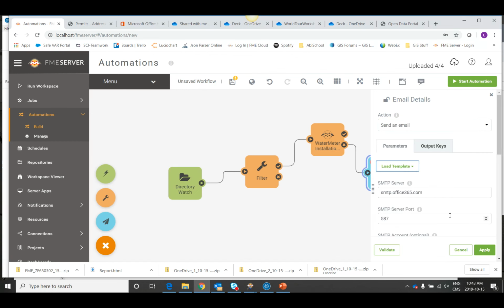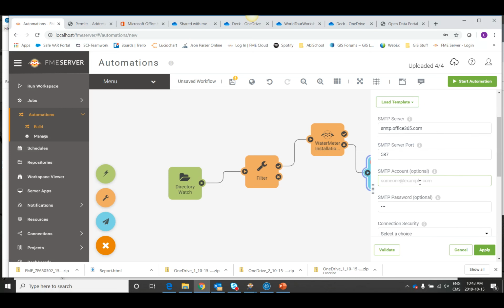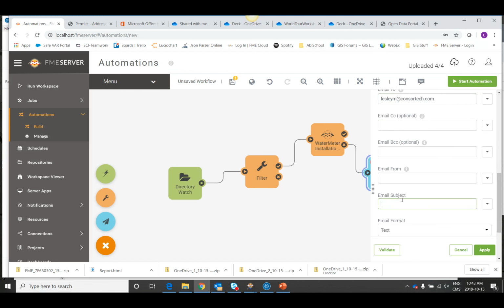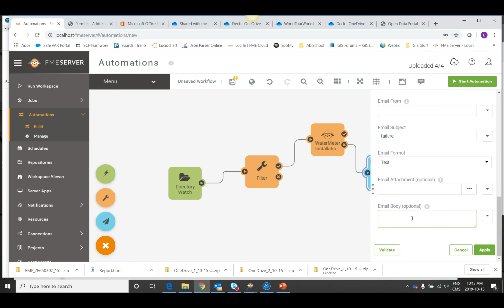And we have Office 365. I need to connect to a legitimate account using Office 365. And I'll fill in the options it wants. Failure. I could have a more catered email text. I could forward the file on, or I could do something like that. But in the interest of time,